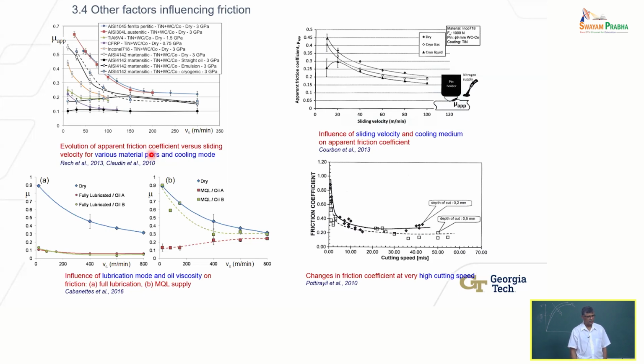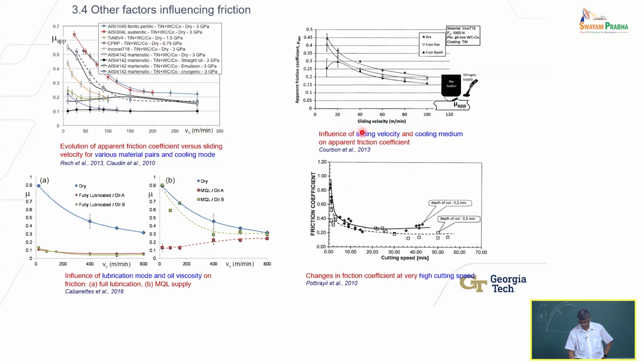So to capture that effect, it turns out that when you take measured forces and compute the coefficient of friction, it's different. The apparent coefficient of friction is different. So it varies with the material, the tool and workpiece material pair. It varies with the cooling mode, how you're cooling the material, whether you're adding flood coolant, misting, or whatever type of technique. So this is the apparent coefficient of friction as a function of cutting speed for different pairs of materials cooled in different ways. It changes. So you have to be able to capture this in your friction model.